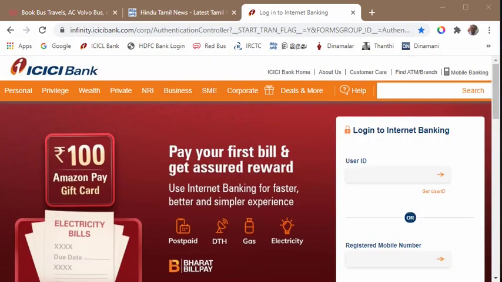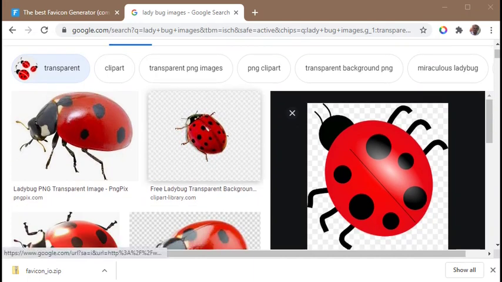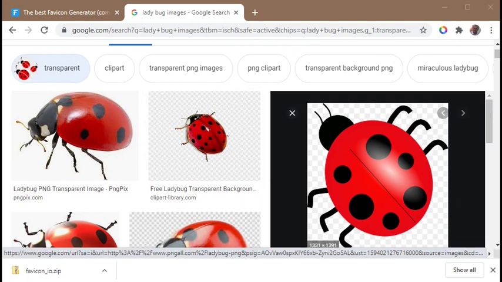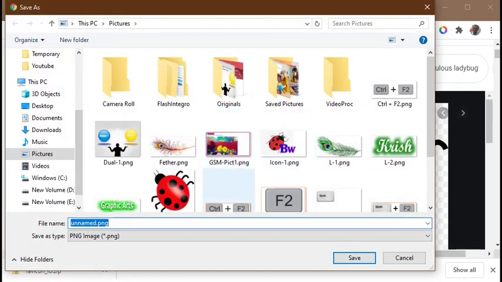So now in this tutorial we are going to learn how to insert this icon and title in our web page. For creating icons, you can select any image from the web, or you can create your own image in any image editor. But that image should be very simple and should not have complicated lines and complicated colors. So here I have downloaded one image of a ladybug. Right click, save image, and you can save that image in any folder on your computer.